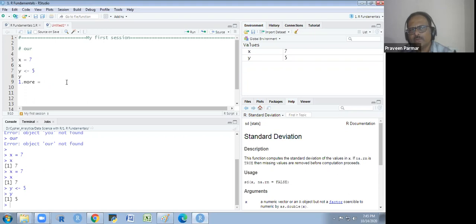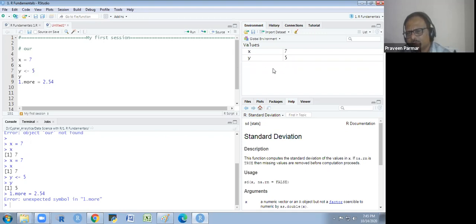If I use the object name 1.more and write 2.54 and run this, see what happens. We get an error in the console: unexpected symbol, 1.more. So don't write object names starting with a number.